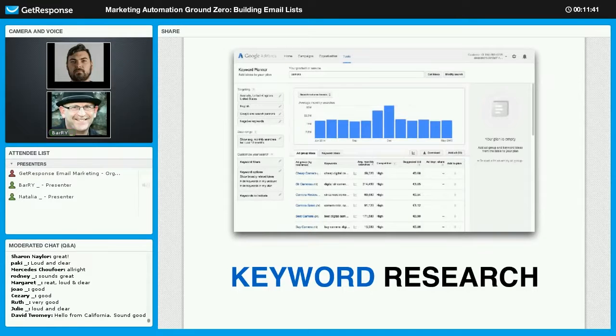So what we're doing here with keyword research with this tool is simply confirming that people are searching for a term that might give us hints about the lead magnet. And so when you put the term in, okay, what did I put in here? It's kind of small for me to see. I think it says camera. All right, so I put in the word camera